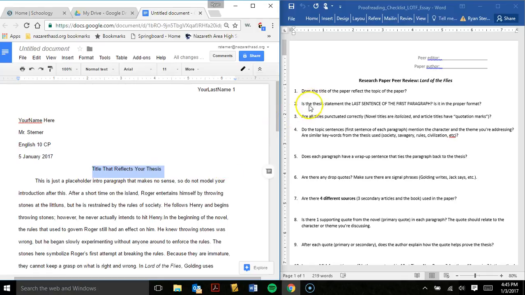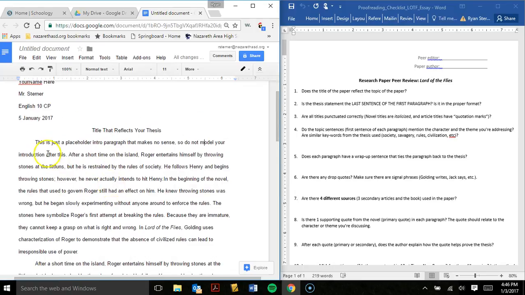All right, for the second part, is the thesis statement the last sentence of the first paragraph? All right, so this is a placeholder intro, sorry, so it doesn't make any sense. I just have words here randomly. So you're going to have your introduction first. Your thesis is going to be down here. You have no choice. It has to be literally the exact last sentence in this introductory paragraph, and you want